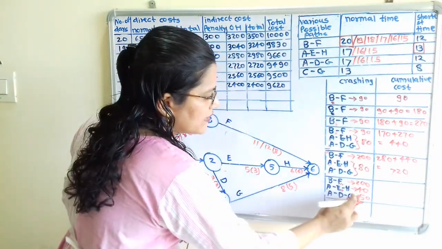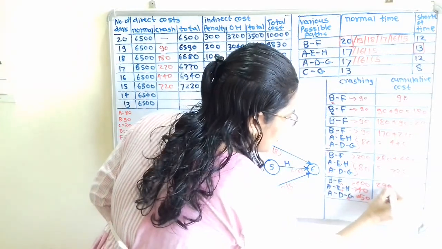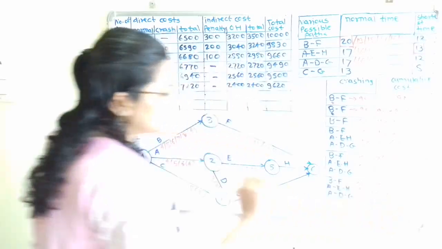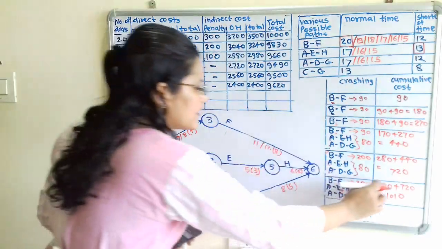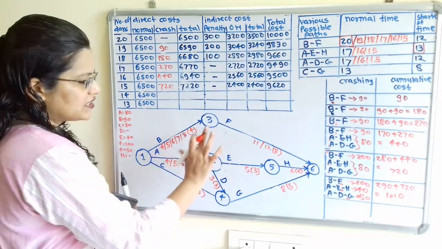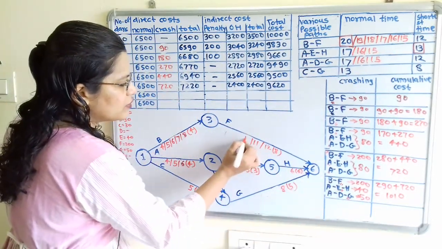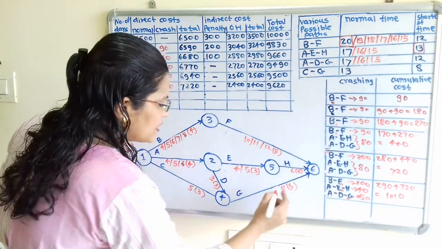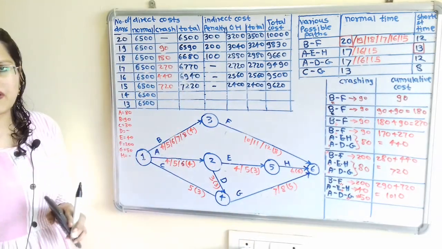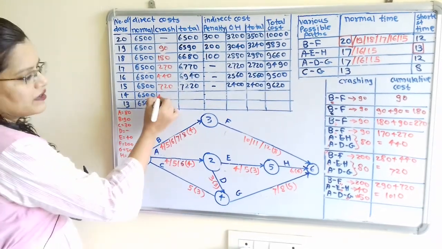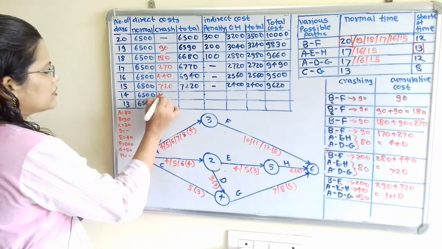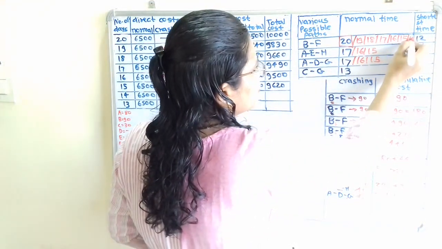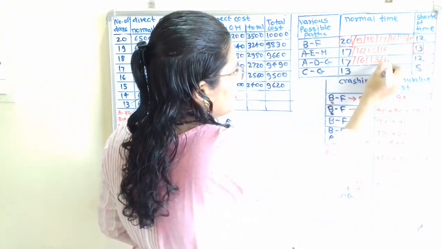Now we will add this. So total cost 200 plus 40 plus 50, 290, plus 720, so it is 1010. Now we will make 4 changes. Here is the first change. Second change in the diagram: for activity F we will reduce the normal time by 1, activity E we will reduce by 1, and for activity G we will reduce the normal time by 1. Now the third change, we will make the crash cost 1010. And then the fourth one is here. Each activity we will reduce by 1, that is 14 and 14.